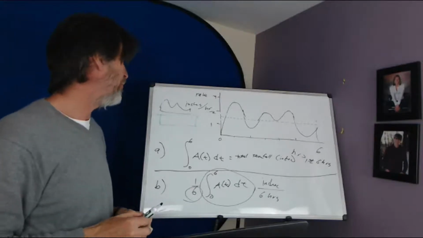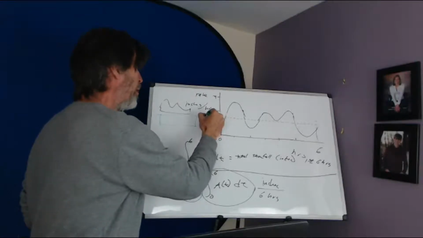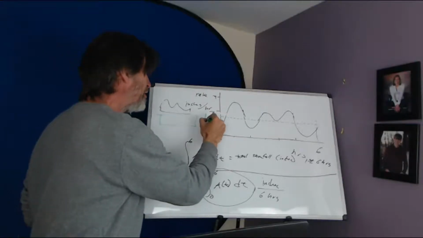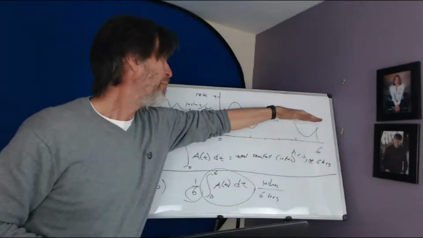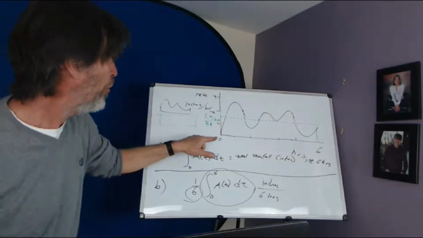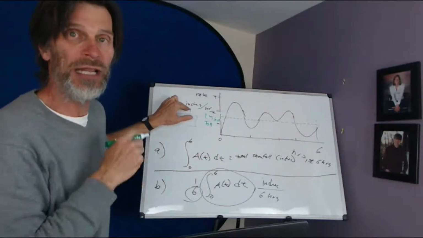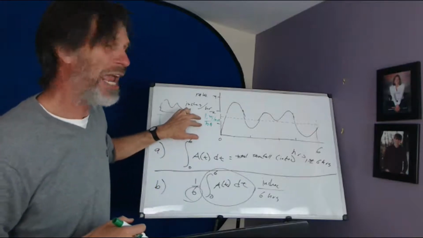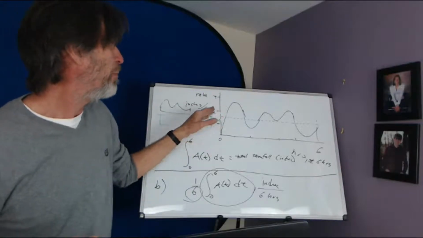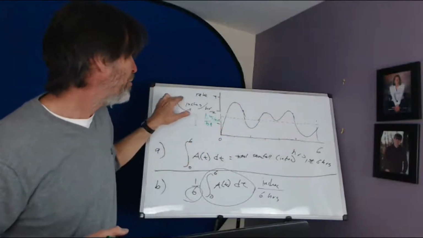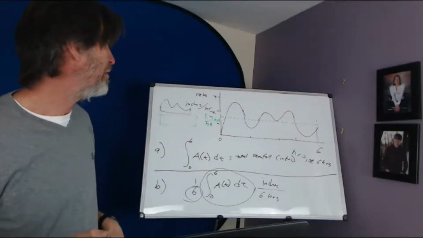So there's the average snowfall rate. Again, I'm going to estimate that average snowfall rate is about 1.5 inches per hour. Again, I'm taking this curvy line and I'm replacing it with a flat line. The curvy line, this function right there, has units of inches per hour. It's the rate. This is the average rate. It still has the same units. I'm replacing this curvy line measured in inches per hour with this horizontal flat line, again measured in inches per hour.